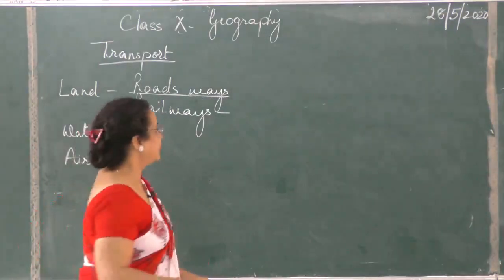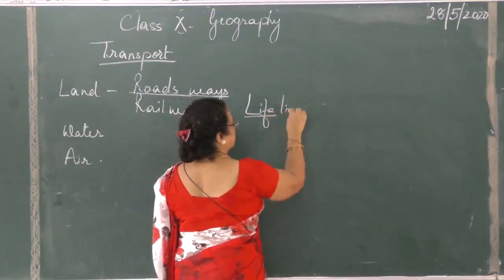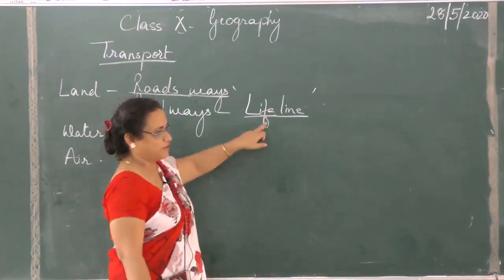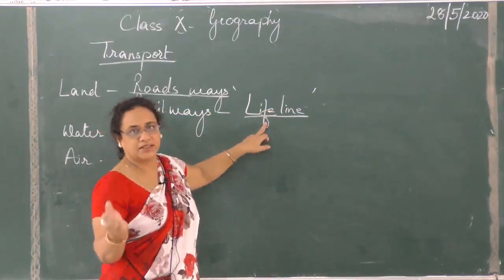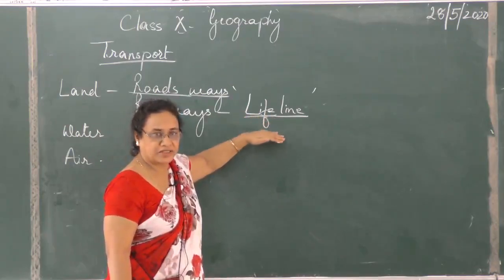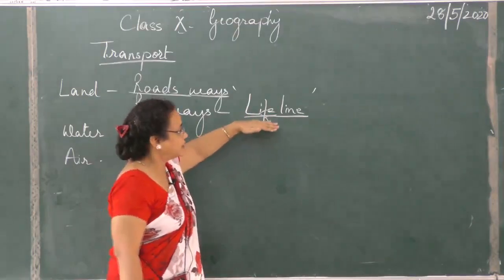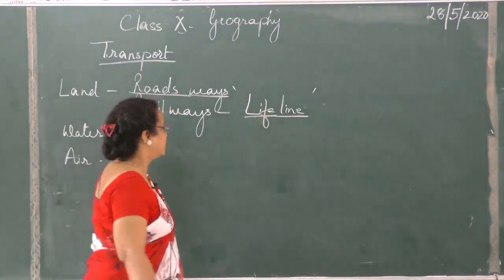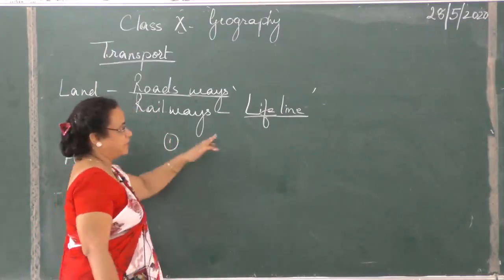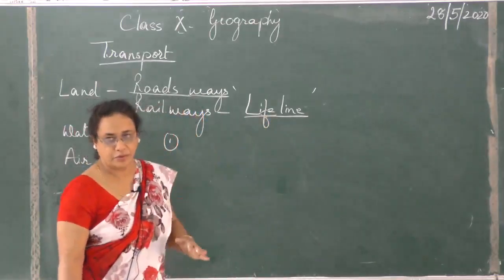Now, railways in India are known as the lifeline of our country. Please note this word, it's very, very important. They are known as the lifeline. They may use other words in the question. The basic idea is that because of this our country has developed very greatly. Why it is called the lifeline, you should know the reasons, and for that please note down the points. The same reasons you will mention if you are asked why railways are very important in India.